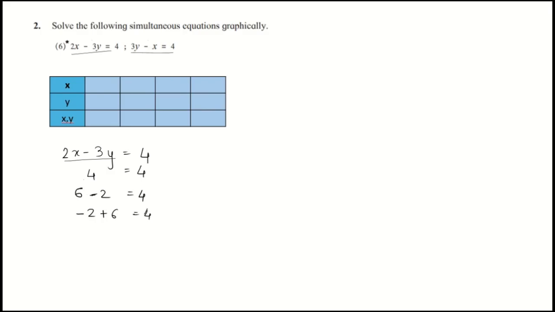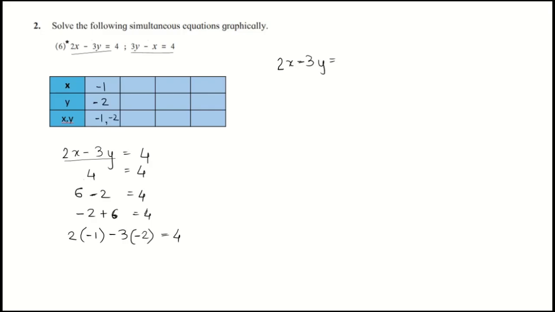So writing this in the form of equation, 2 from the equation and minus 1. 2 into minus 1 will give us minus 2. Minus 3 from the equation, but here it is plus 6. So how will we write this 6 in the form of equation? Minus into minus will give us plus, 3 into 2 will give us 6. So on solving this, we get total as 4. Here x is minus 1, y is minus 2, x comma y is minus 1 comma minus 2. We got the first point. So let's search for the second point now.